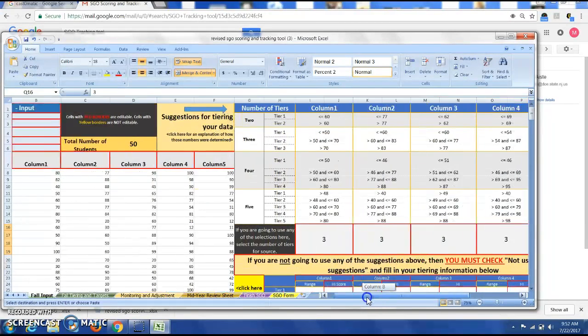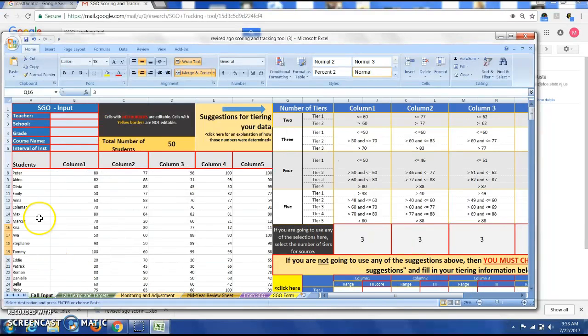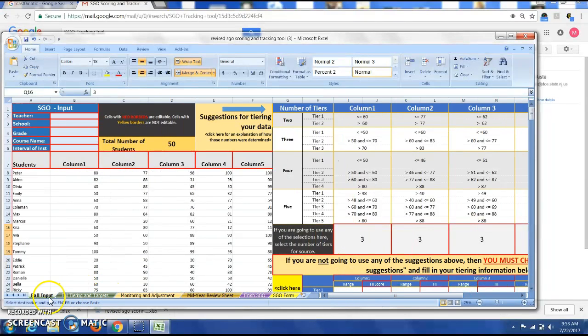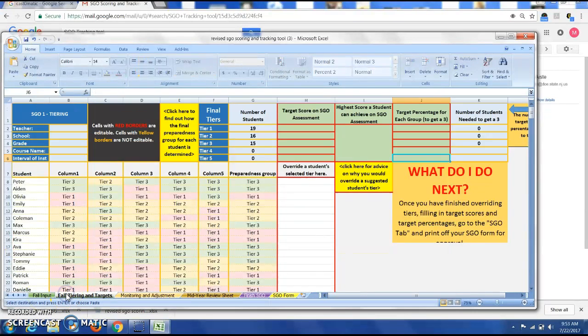So again, all we've done so far is we've taken demo data, 5 sets of baseline measures, and we've indicated to the program that we want 3 tiers. And here, in my opinion, is where the magic happens. We're currently in the fall input tab. When we go to fall tiering and targets,